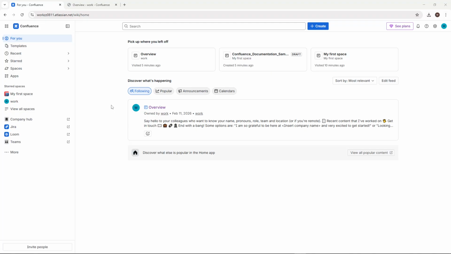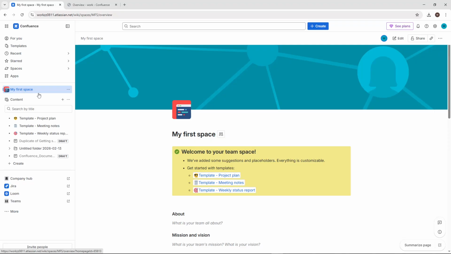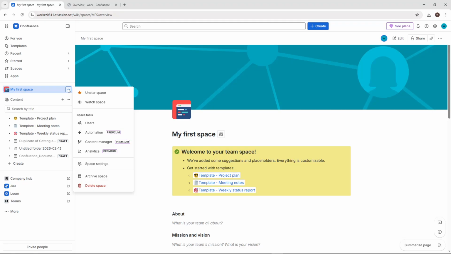Start by opening the space you want to archive. Look to the left sidebar for the gear icon, the settings button. Click it. Then choose either Overview or Space Settings, depending on your Confluence version. Keep in mind, only users with Space admin permissions can archive a space. If you don't see the gear or the option is missing, you may need to ask a Space admin to